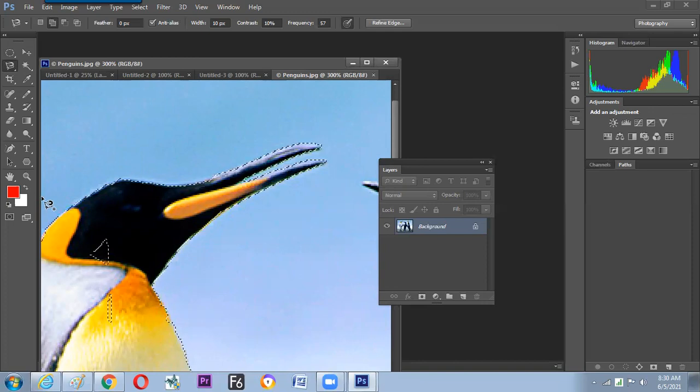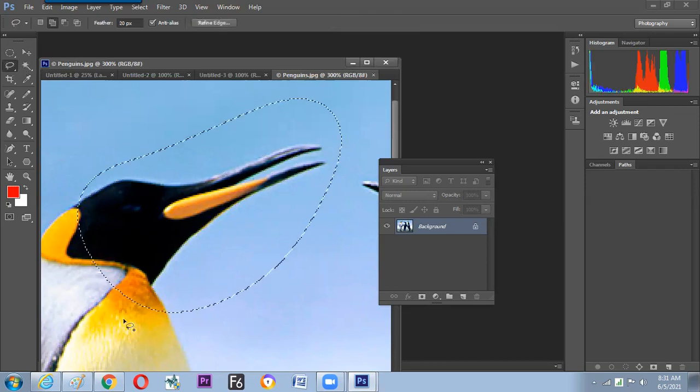Now, every basic tool has its own job, because if the higher option has the solution, why learn the lower option? This could be a question. And the answer is, sometimes we need a very fast cut selection, and then the lasso is used. Rough designs, rough selection. If you see any English paper, a mid-day paper like a city paper, the actors are cut out very fast. They don't have much time. So what they do is take the lasso tool, just a rough drawing, rough cutting, over. So now we have understood every tool has its own job.